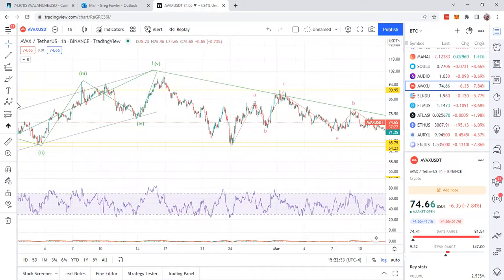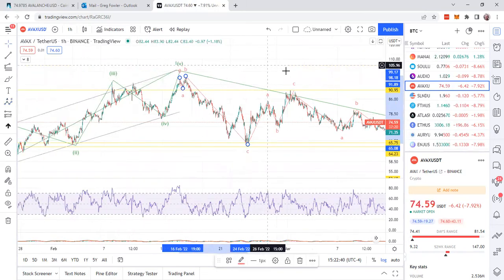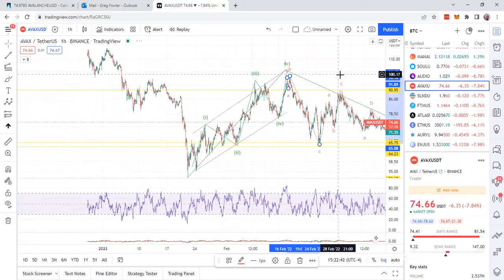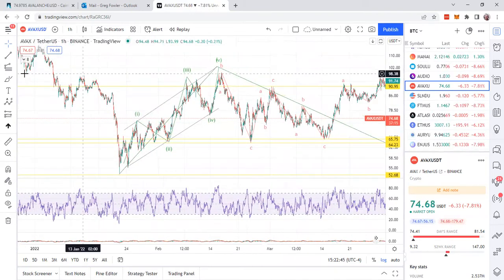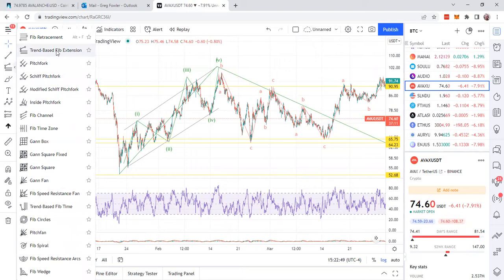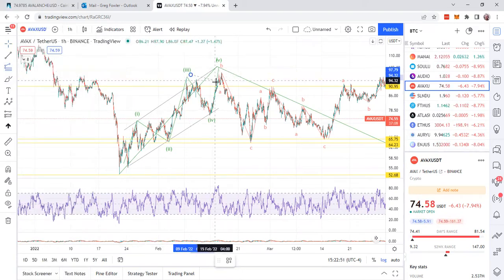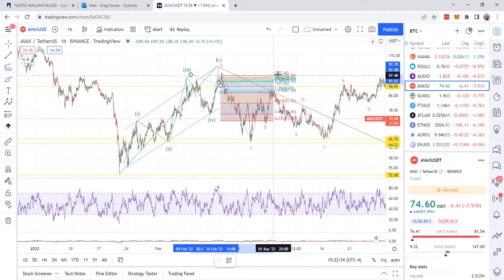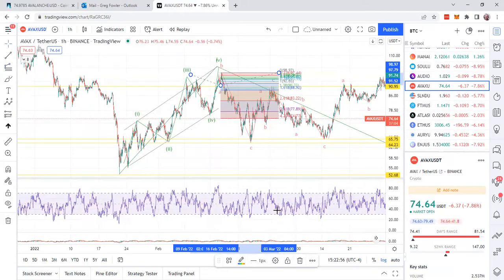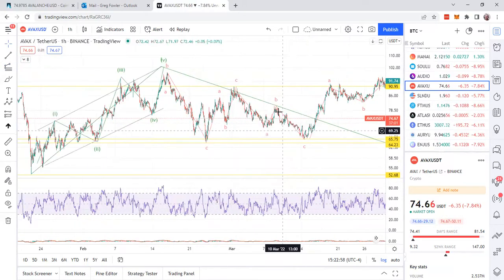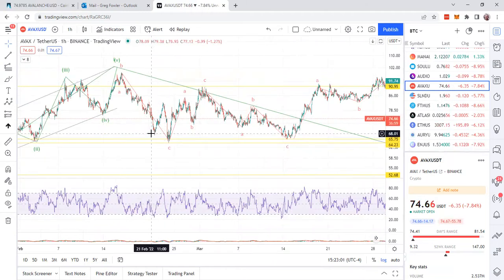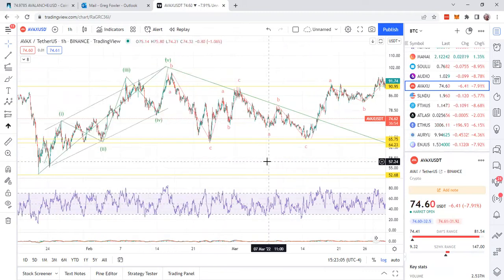Yeah, some people are going to like this count, but I think this is what it did, guys. It went like this, real small A, and then rocketed down on that C. I know that's going to be way, way out of line, but in crypto, they do these type of moves. It's going to be way too far. But I mean, there's no way. This is a 5-wave move, where this is the 3rd wave.